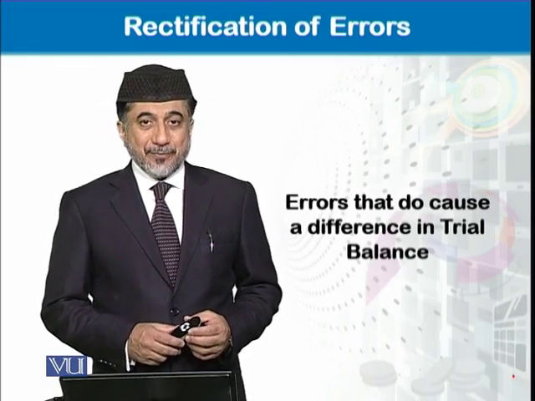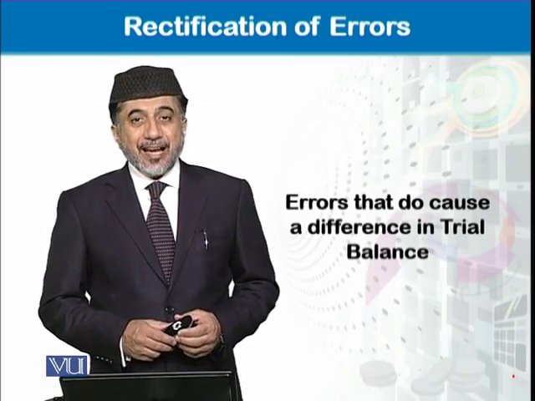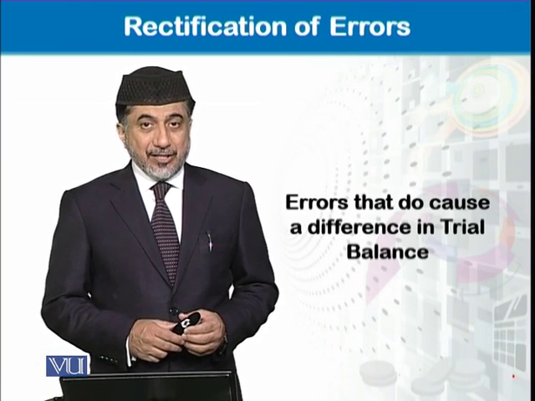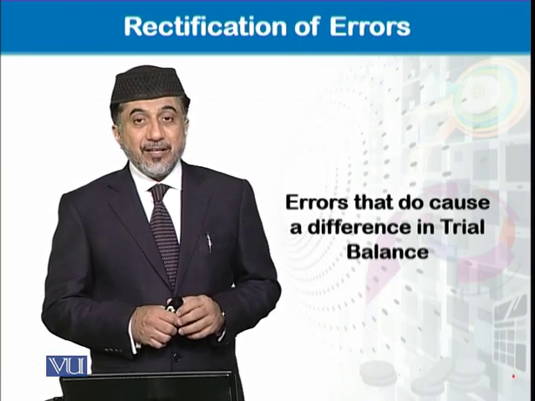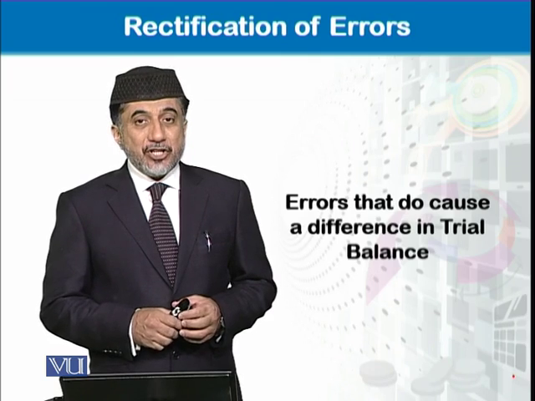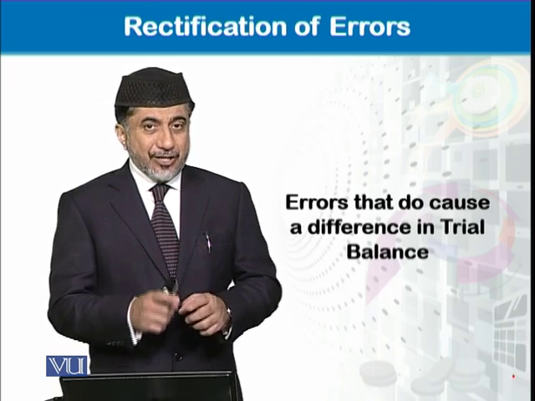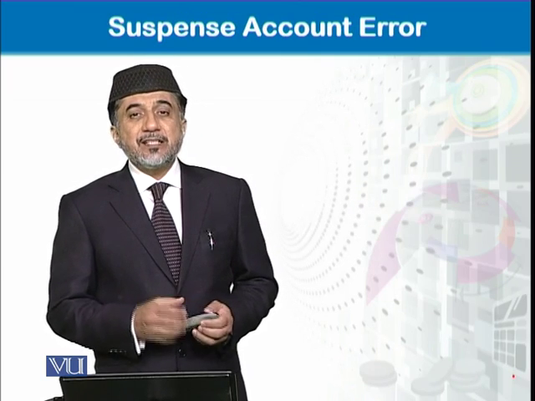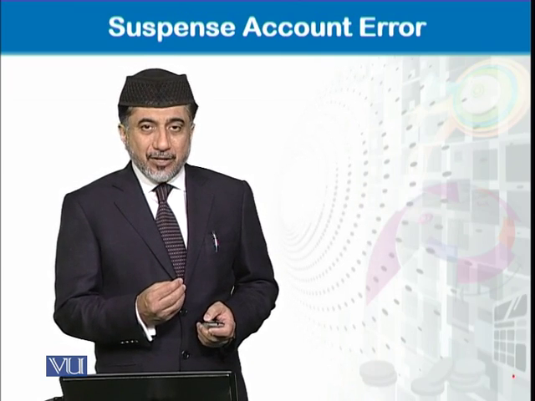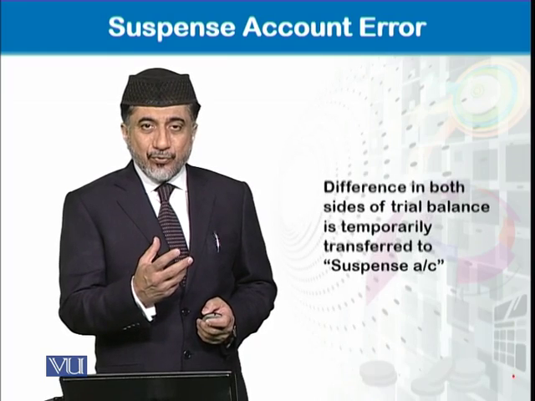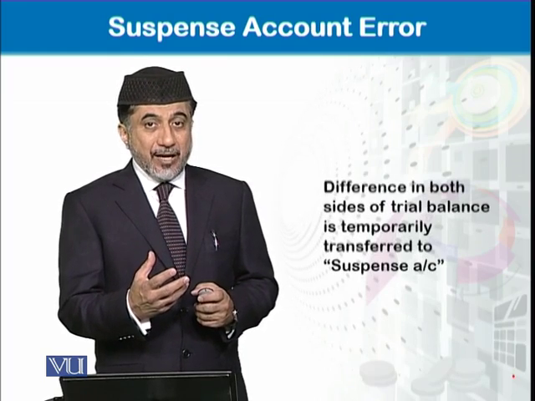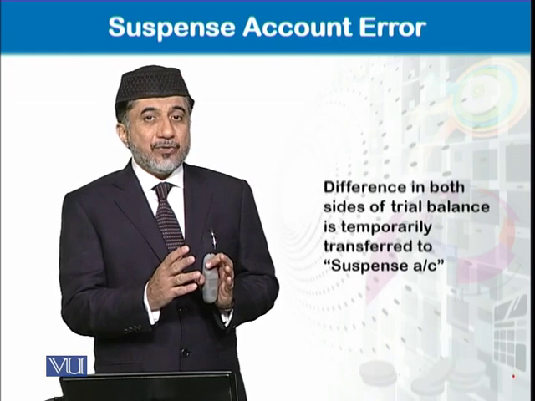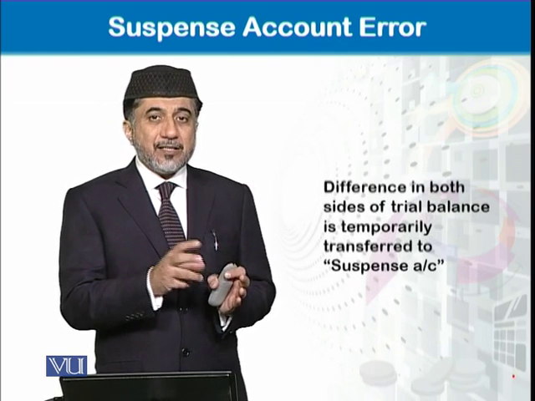Rectification of errors. This is our topic. And now we will be discussing the second type of errors, in which there is a difference in our trial balance. So these errors are also known as suspense account errors. Why? Because in the presence of these types of errors, any side of the trial balance, either the debit side